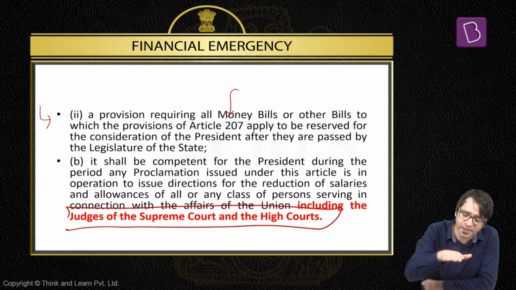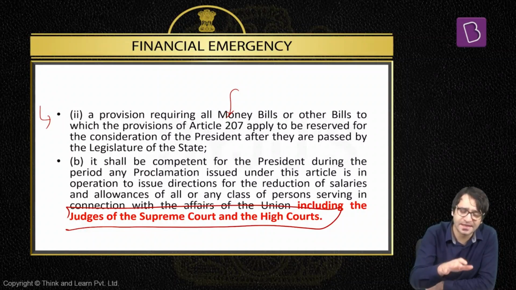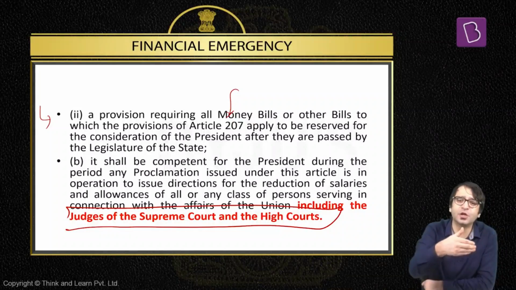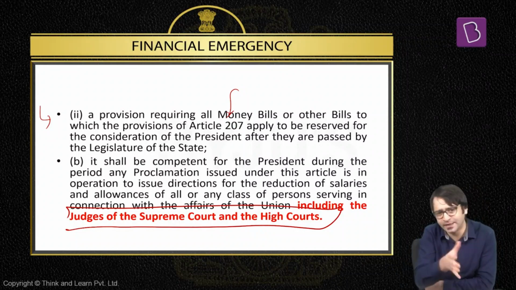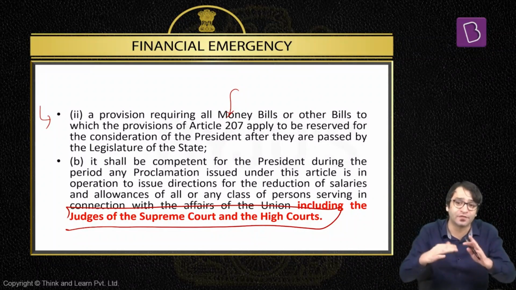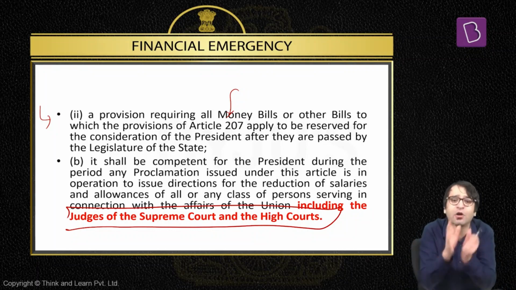Once this financial emergency is proclaimed, both houses of the parliament have to approve this financial emergency within 2 months of its proclamation. That too by passing a resolution by simple majority. That means majority of the members present and voting. And once it is approved by both houses of the Indian Parliament by simple majority, financial emergency continues unless and until it is revoked by the president. That too on the advice of the cabinet headed by the Prime Minister. That means there is no upper limit to the number of years or the duration. There is no limit to the duration of financial emergency.